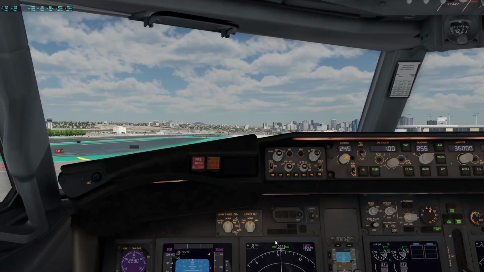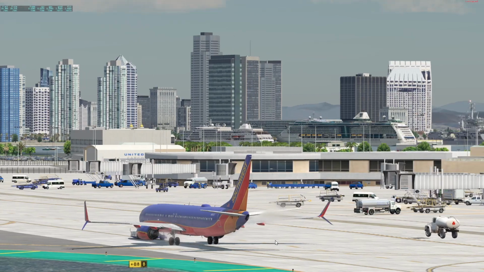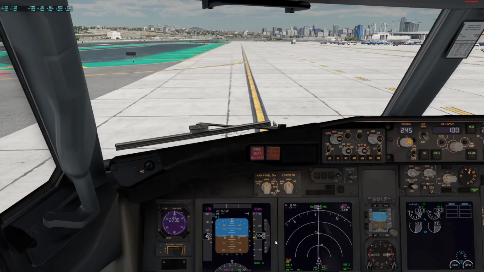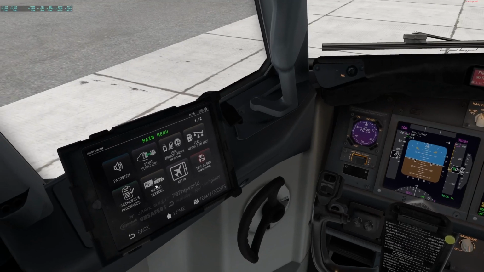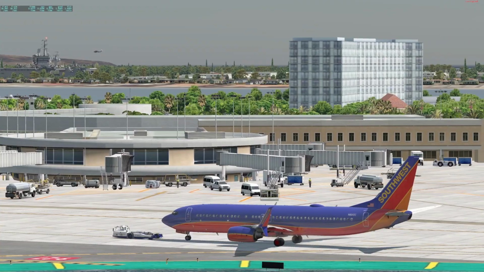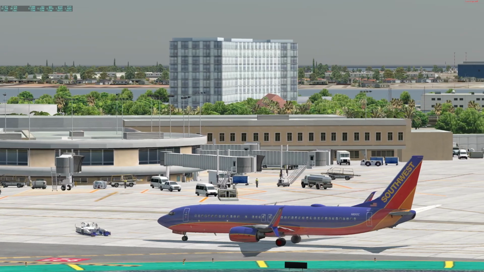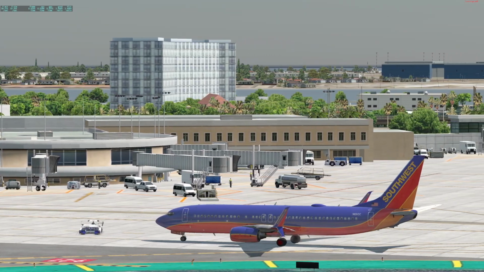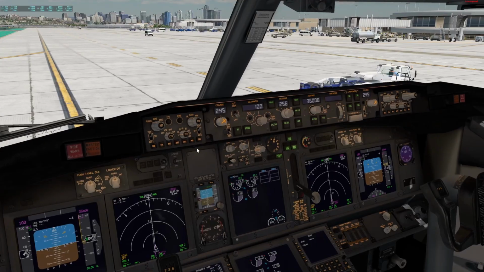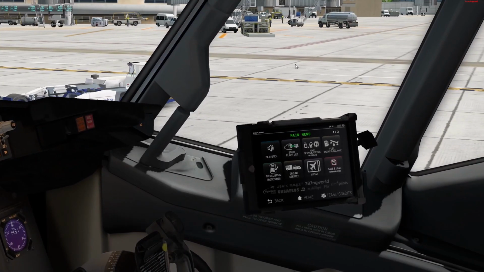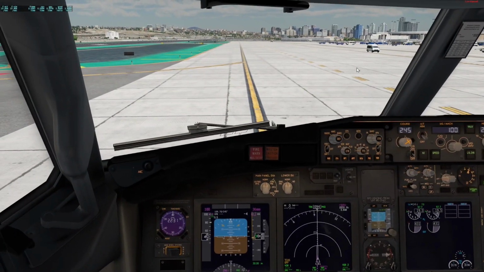And the pushback truck isn't even disconnected yet. If the pushback truck doesn't disconnect, just go to ground services, pushback, and tap on disconnect. It's going to disconnect then. Alright, the pushback truck is leaving, and we can